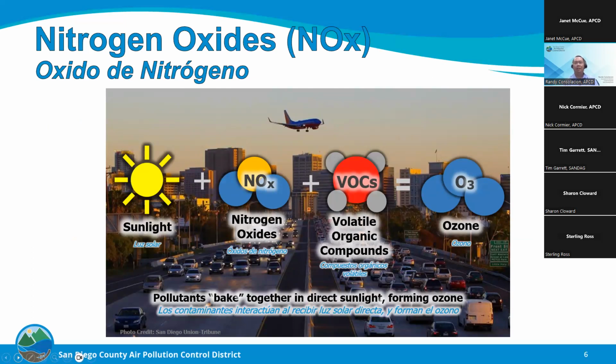The district will be evaluating two types of pollutants from indirect sources: nitrogen oxides, NOx, and diesel particulate matter, or DPM. When NOx and volatile organic compounds, VOC, are emitted by different types of sources, such as vehicles or off-road equipment, they chemically react under the influence of sunlight and heat to form ozone pollution. The concentration of ozone pollution is as dependent on the sunshine and temperature as it is on the presence of ozone-forming emissions. This ozone is harmful to breathe and therefore is regulated as an air pollutant.